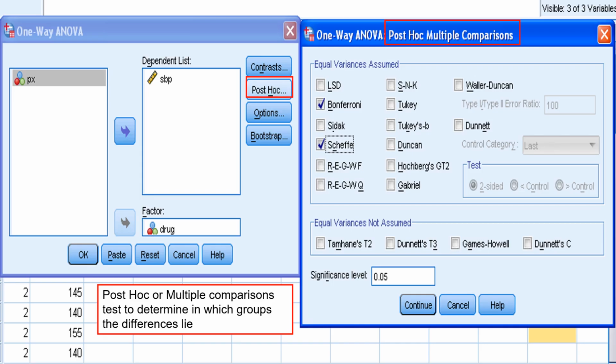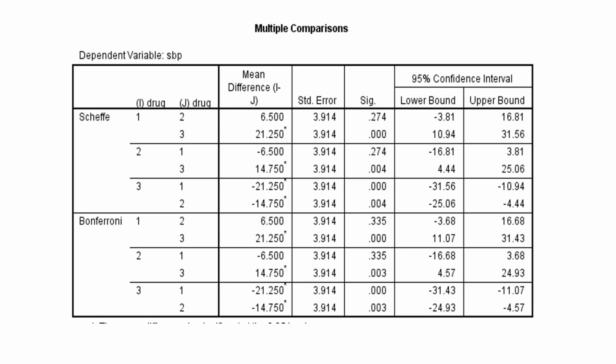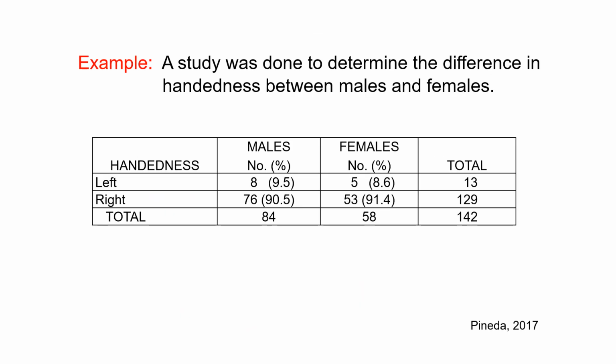By clicking on post-hoc, it specifies the choices for your post-hoc tests. The results show that the differences in systolic blood pressure were between drugs 1 and 3 and drugs 2 and 3. For this next example, the objective is on comparison or difference between groups on the variable handedness, defined as